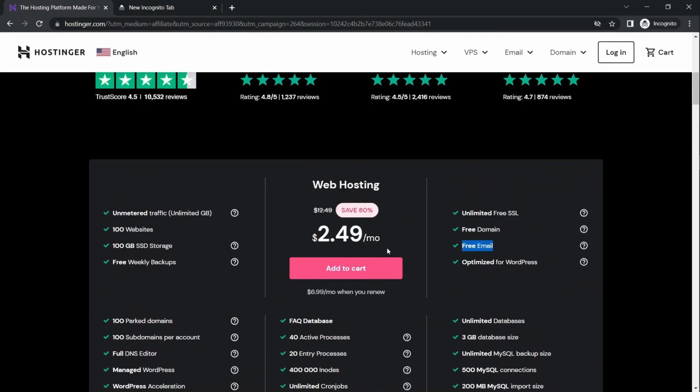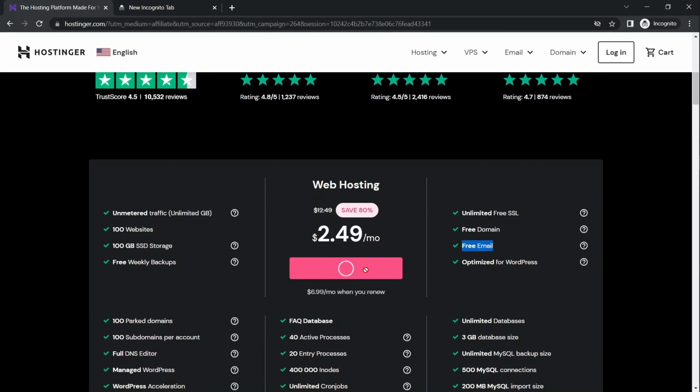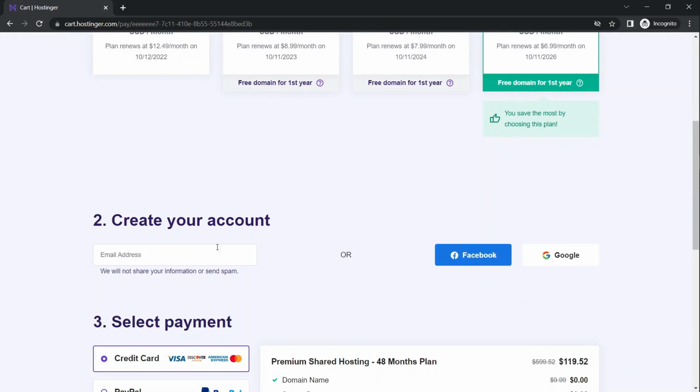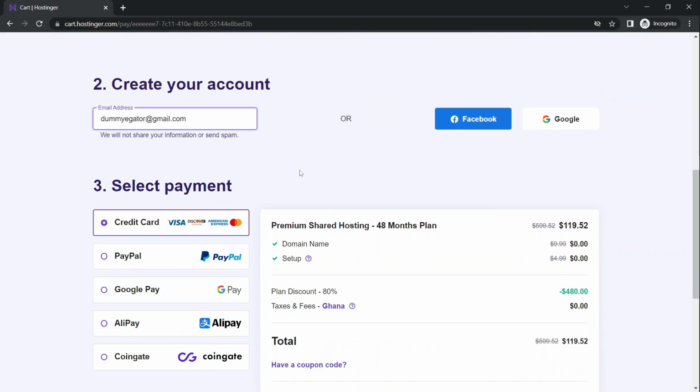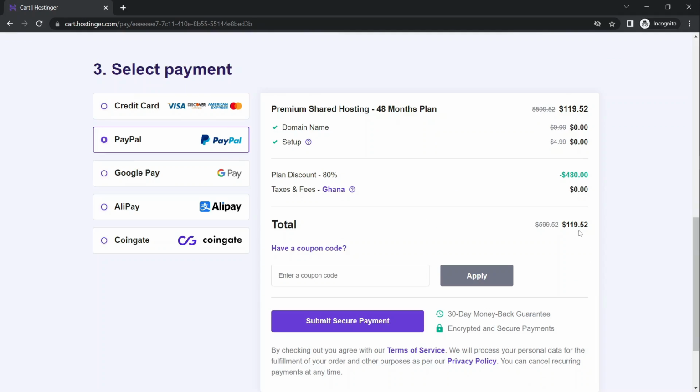All right, so I think this is the perfect package for me, so I'm going to add that to my cart. Now for the period, I'm going to choose the maximum, which is the 48 months. That is going to give me the biggest discount. And here I'm going to enter my email. Make sure it's actually your email. So we enter our email. I'm going to choose PayPal for my mode of payment. And as you can see here, our total is